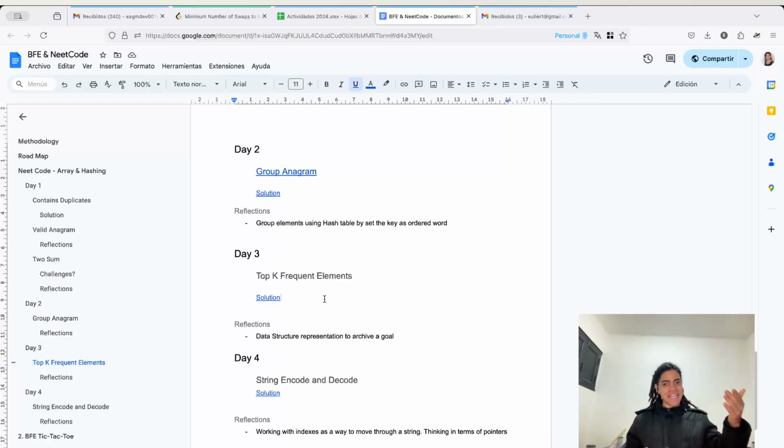Then we create another collection, an array, that has the same length as the given input. In this new array, each index will represent